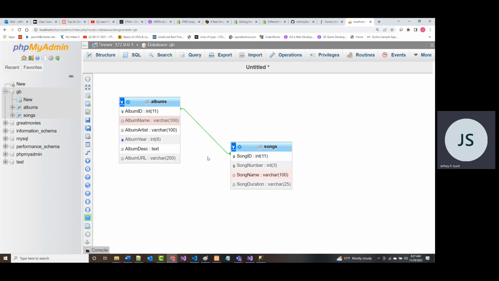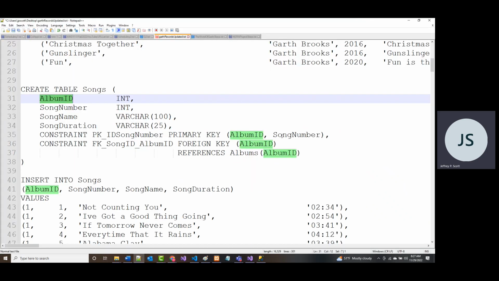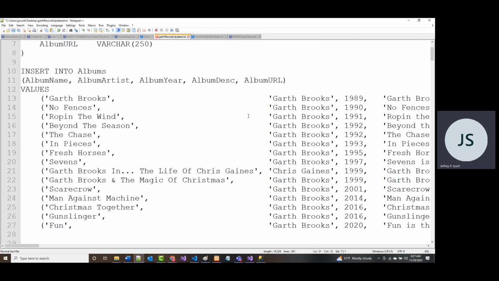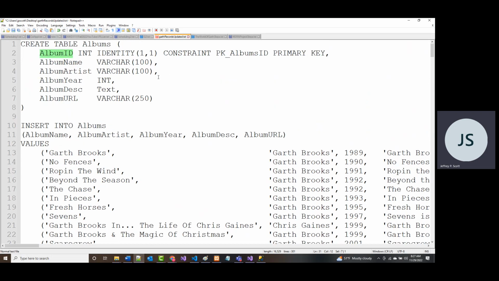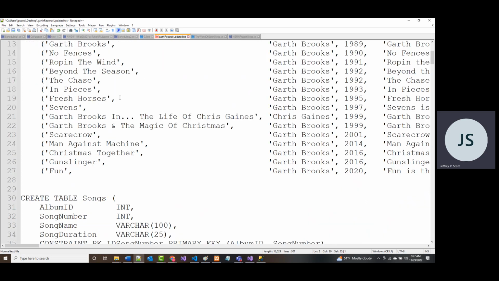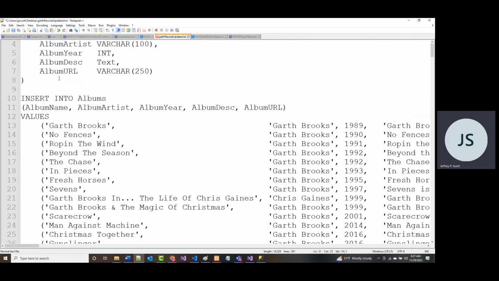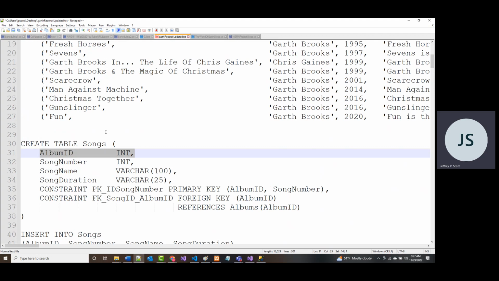I get all that stuff. All right. But what I'm trying to show you here, and let's just go back to where we were, is this second table is going to allow us to combine information from the two tables. And the reason for that is we've got an album ID in this table, and we've got an album ID in this table.